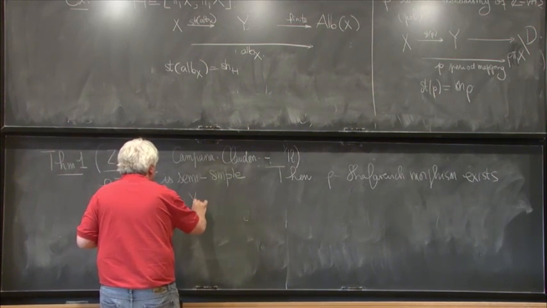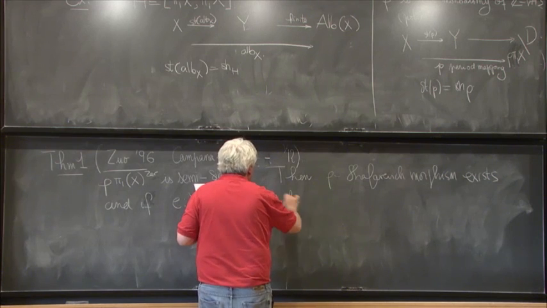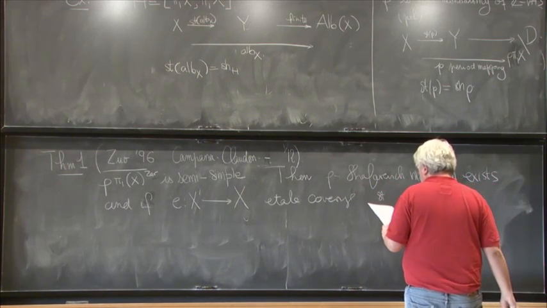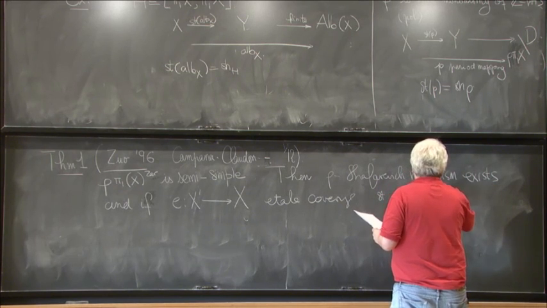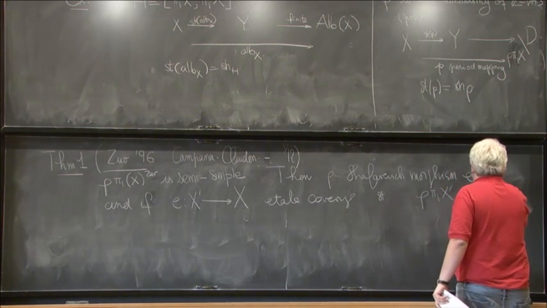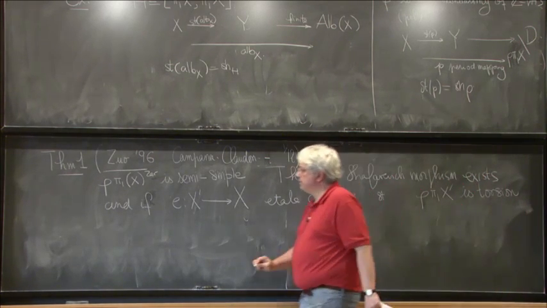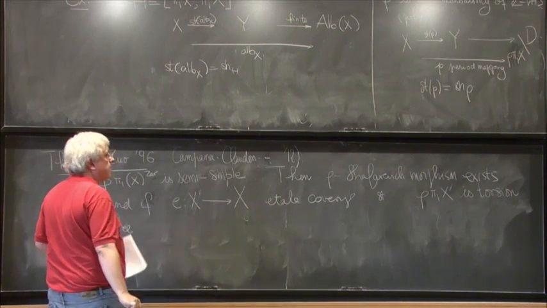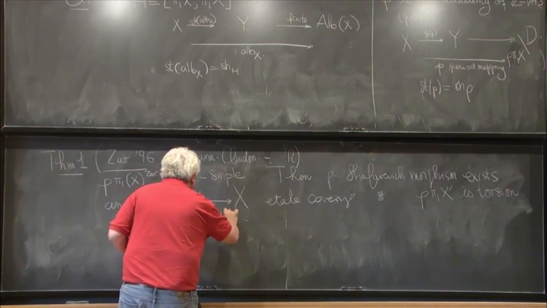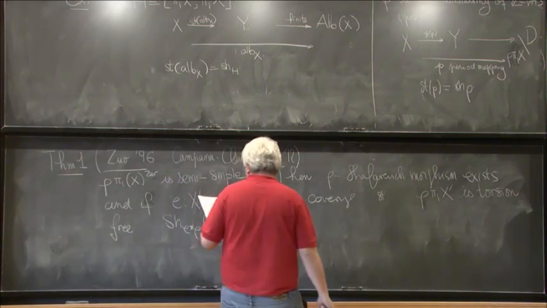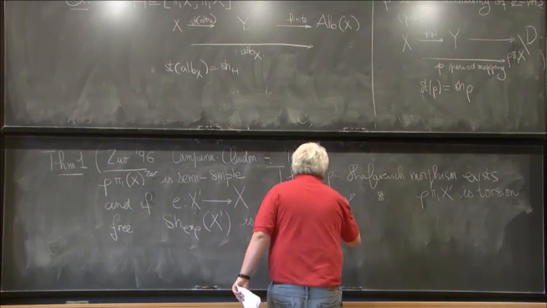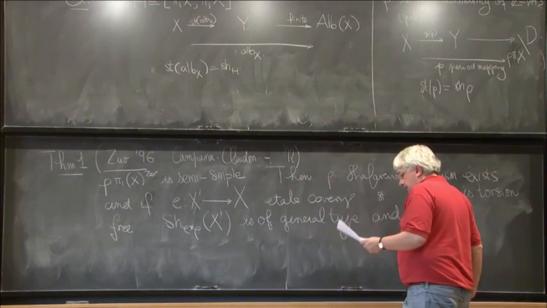And if we have a finite étale covering X' such that the image by ρ of π1 of X', which is a subgroup of the general linear group over C, is torsion free, then the Shafarevich variety of X' corresponding to ρ, let's call it E star of ρ, is of general type. And there exists a factorization